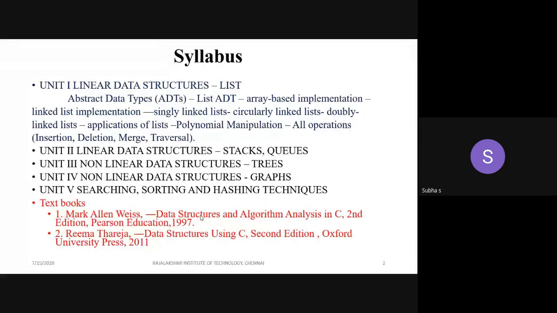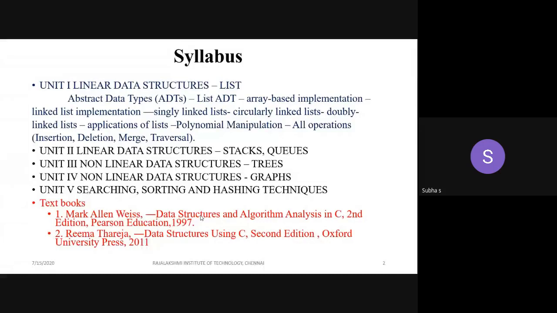Unit 4 fully deals with another non-linear data structure, graph. What is graph? What are the different ways of representing the graph? How we are using the graph in a normal situation, how graph is traversed, how the nodes are visited, applications of graph, etc. In the 5th unit, we are going to see important techniques in data structures, or the operations: searching, sorting and hashing techniques. Hope you are aware of these topics from your second sem paper. In your C programming itself, in the 4th unit, I think you have crossed some of these data structures. I think you will be able to understand quickly.